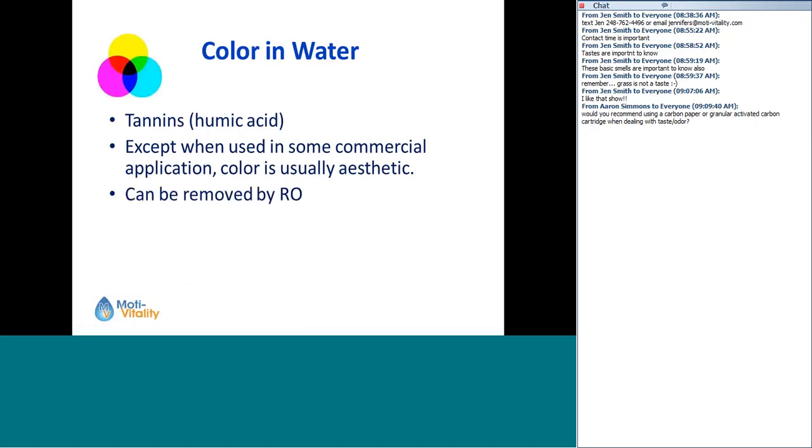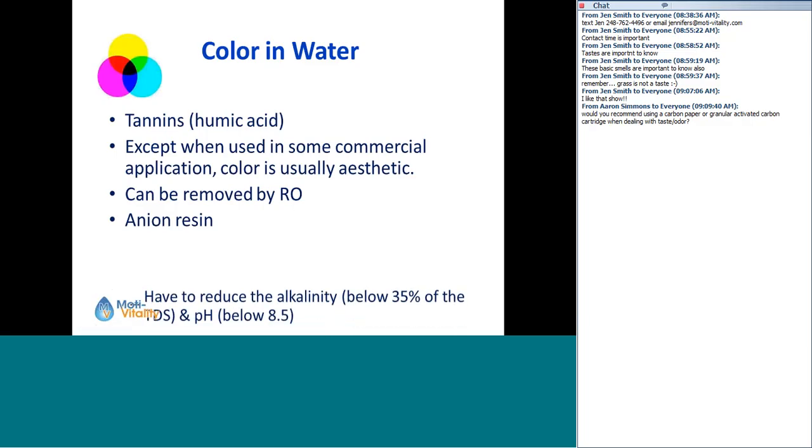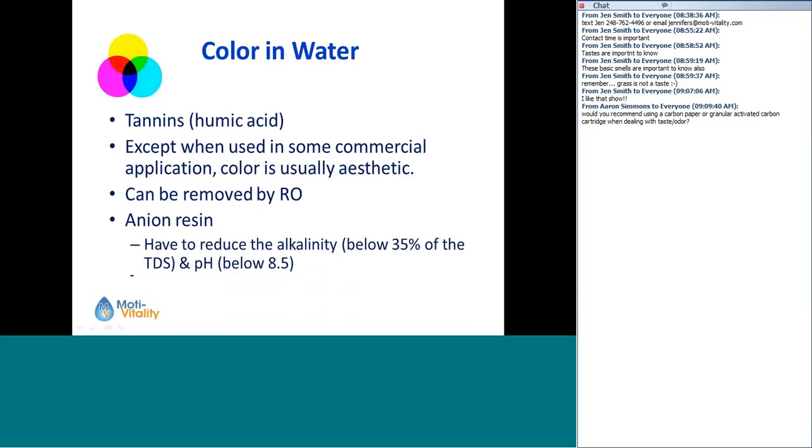You can remove it by reverse osmosis for drinking, but you can also use an anion tannin resin, so anion exchange. By the way, real quick, a little field test of the anion resin: you have to reduce the alkalinity below 35% of the total dissolved solids and the pH below 8.5. So a lot of times you have to add a little citric acid to the brine tank when it goes to regenerate. But a lot of people don't carry a tannin test kit with them,